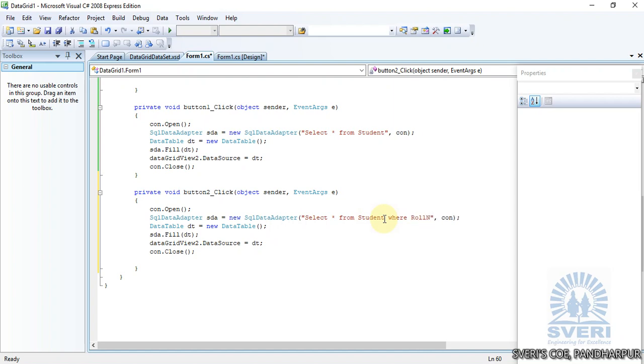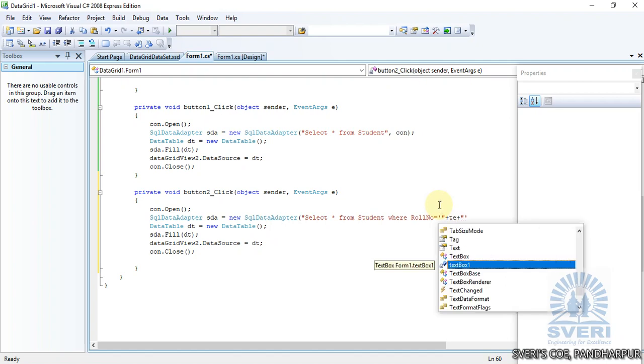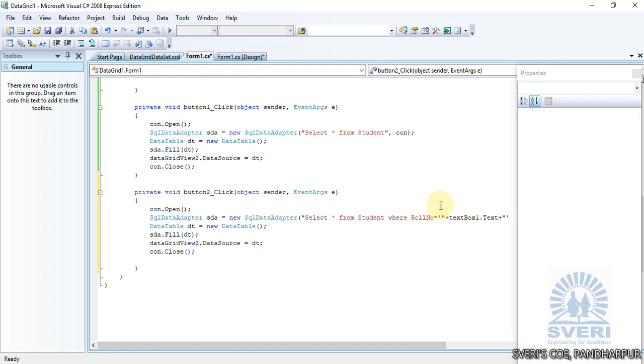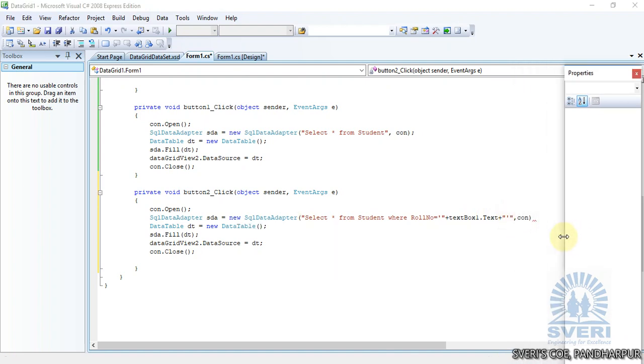we'll search using roll number equals to single quote, double quote, single quote, and inside this double quote mark, double plus sign, and inside the double plus sign, textBox1 dot text, the value from textBox1 dot text, and double quote mark, comma, object of the connection class. So this is our query,